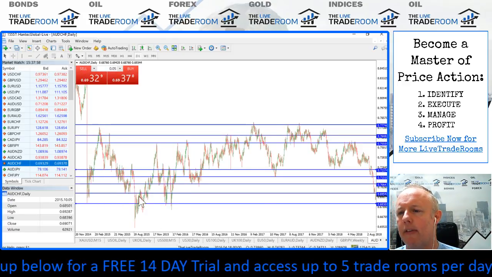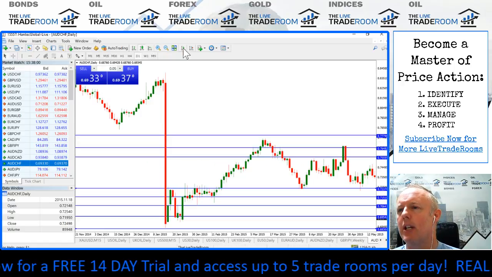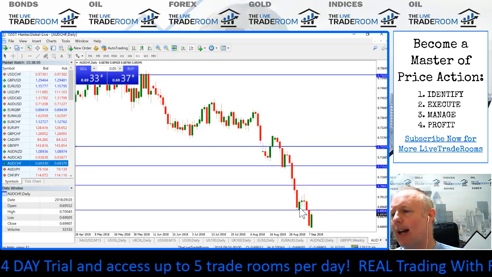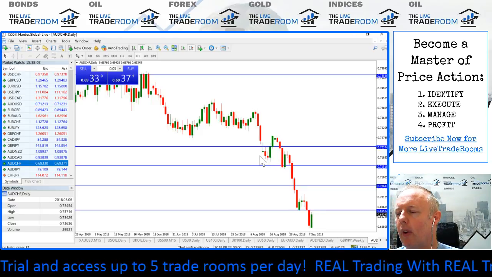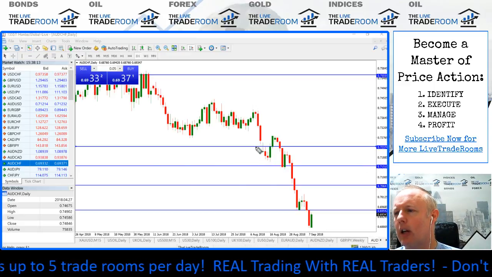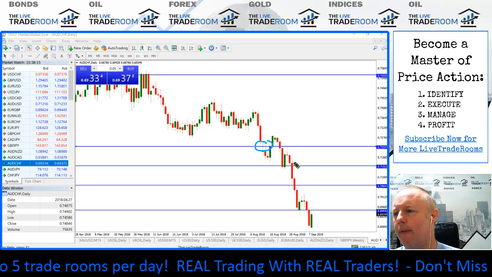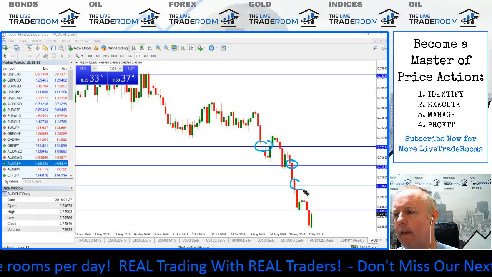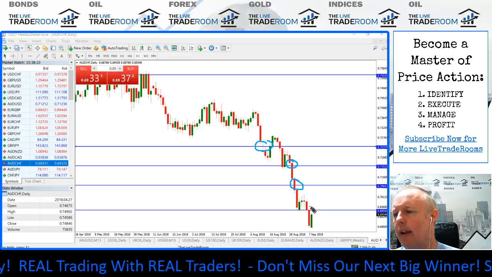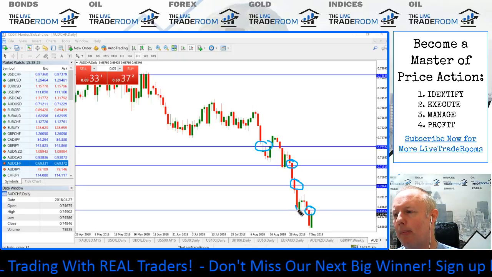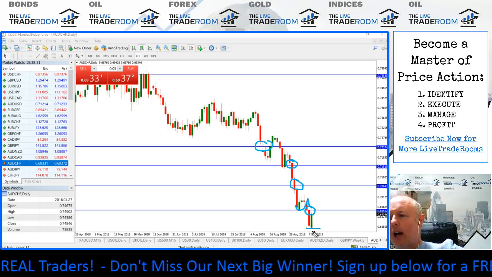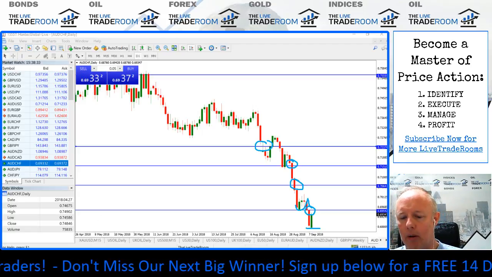And there's probably a couple of other levels below, but this is just sort of basic support and resistance. So what we've seen, and it's no surprise, is that these levels can hold up before we get a break of these levels. I suppose the initial break is that one, then this one, and this is just straight through that level of support, so I didn't even consider it. And then we get the pullback, the bounce off the level before we get the extension lower. So you can see there's a bit of a floor being created in this market now, Lewis.